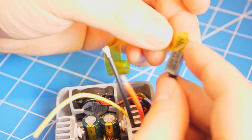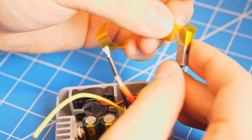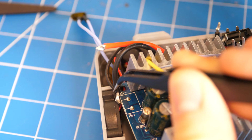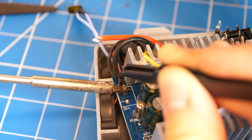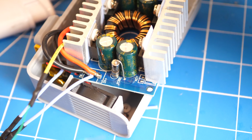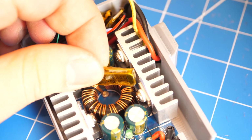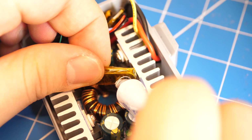Next, wrap the temperature switch in Kapton tape to prevent it from shorting anything out. Then connect the ground of the cooling circuit to the ground of the MR30 connector, and do it likewise for the positive terminal. Slide the fan into place and thermal glue the temperature switch onto the inductor of the buck